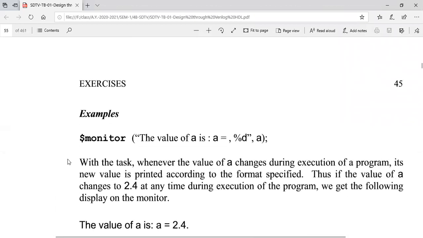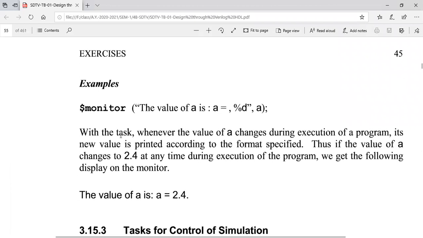See here, it seems similar to our display, but it is going to monitor also. If there is any change to any of the variables, based on that it has to change the value and print.